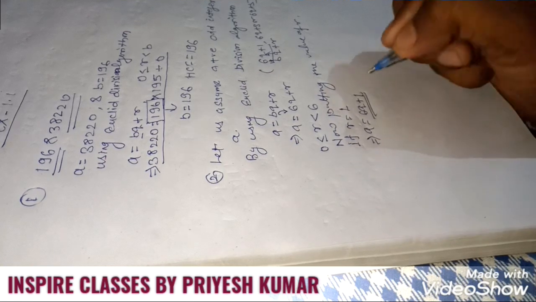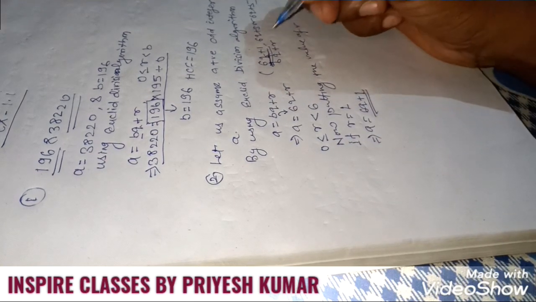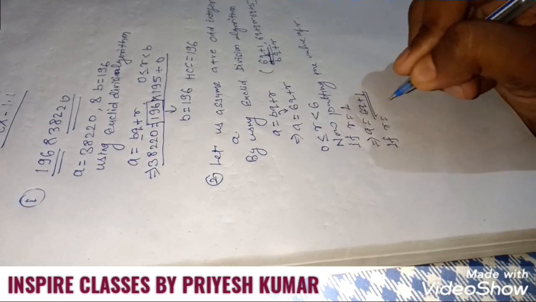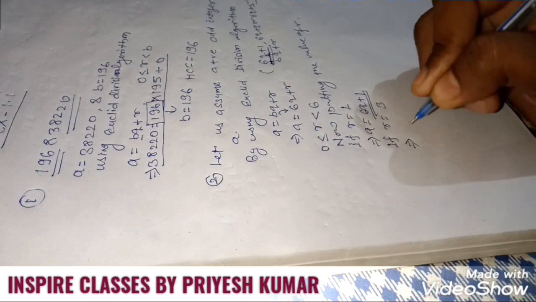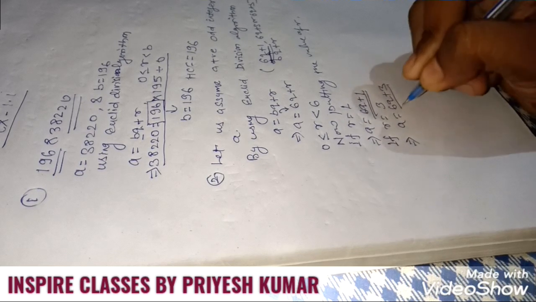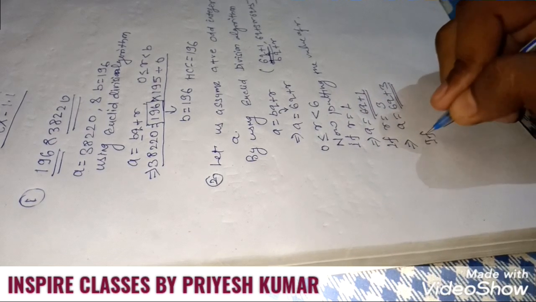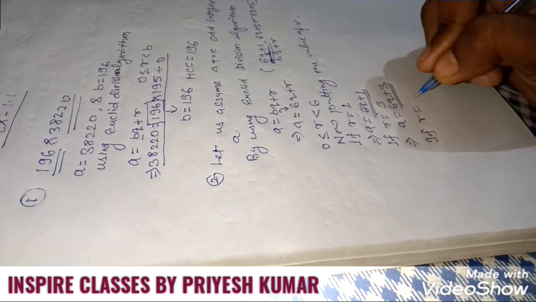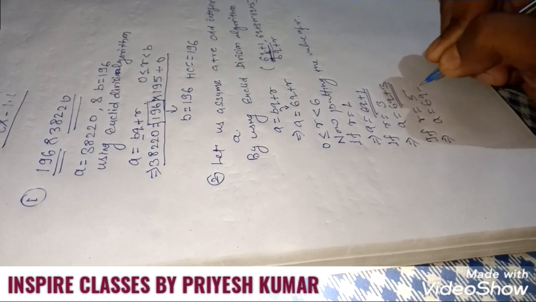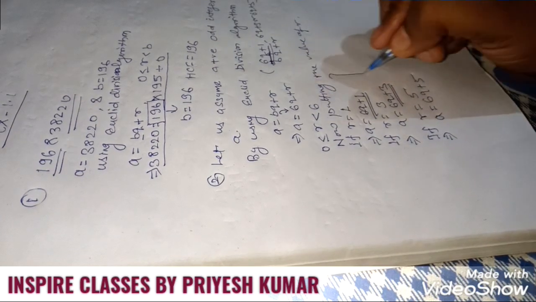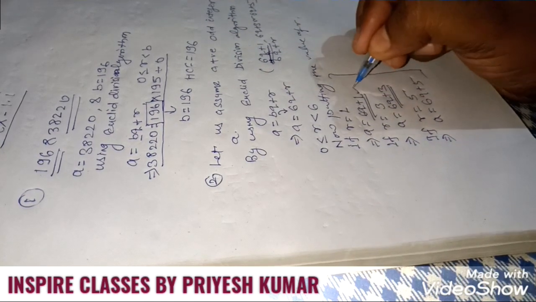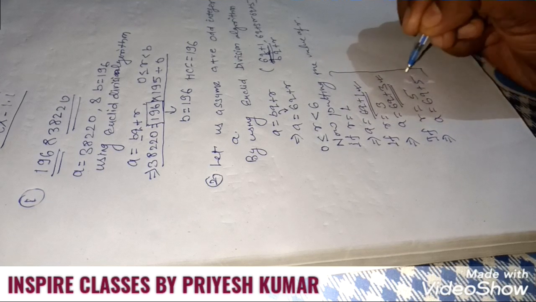That will be expressible in the form of 6q plus 1 that is given in your question. Similarly, if you take the value of R is equal to 3, this expression will be A is equal to 6q plus 3 that is given in your question. And if you put R is equal to 5, the expression will be A is equal to 6q plus 5. Now we have expressed the positive odd integer as the form of 6q plus 1, 6q plus 3 or 6q plus 5.